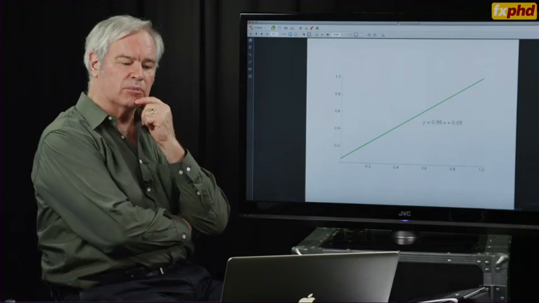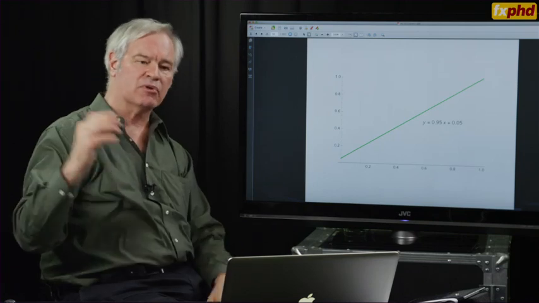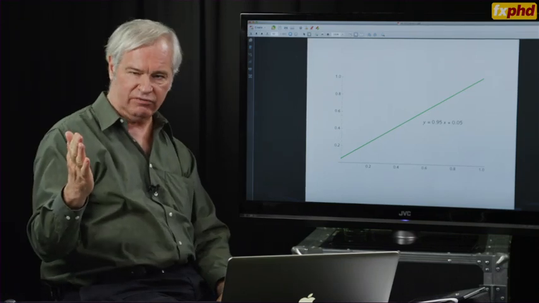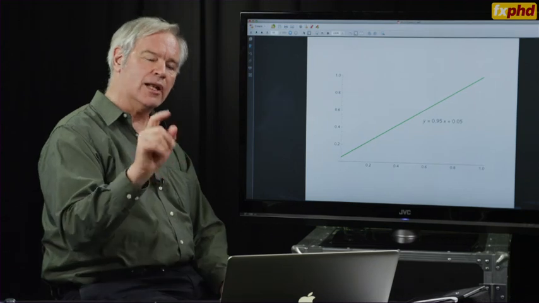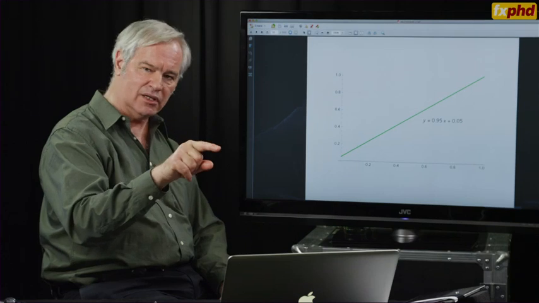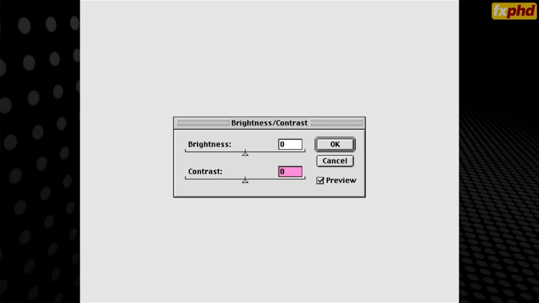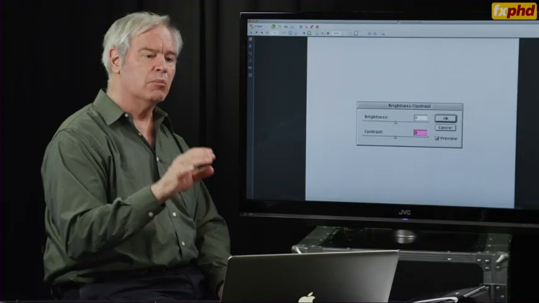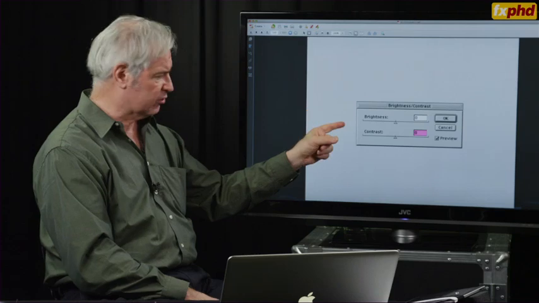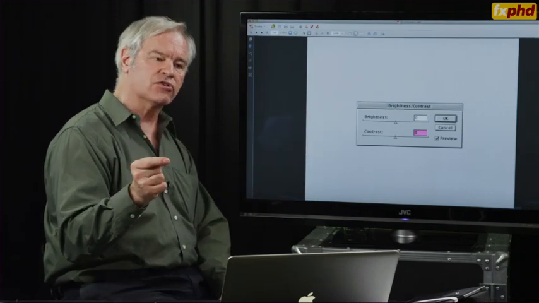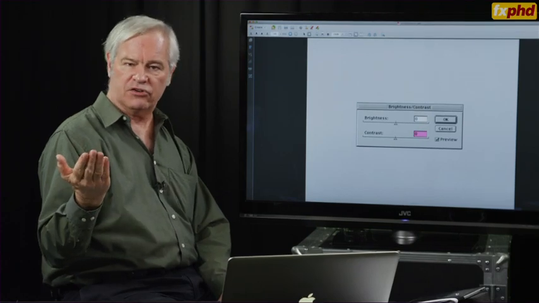Now, in the video signal processing domain and also in desktop graphics, this equation is used to map an image signal set of pixel values, RGB pixel values, into an output set of RGB pixel values, but they don't use the letters M and B. They don't use mathematical symbols. Instead, they call them brightness and contrast. And boy, is this confusing, because the words brightness and contrast used to describe these two sliders in some old version of Photoshop do not correspond to the common use of our language, the words brightness and contrast.